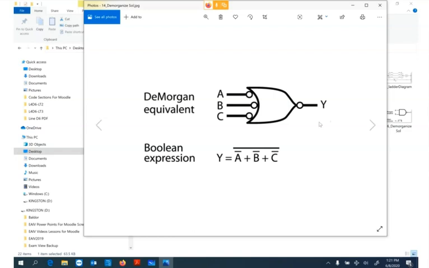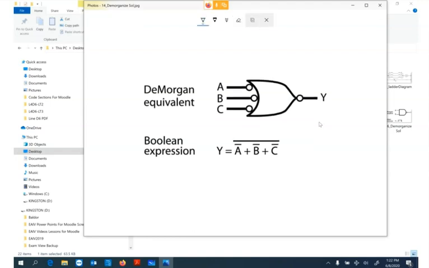Now the equation is very interesting. You'll see that the bar over the A is representing this dot, the bar over the B, and so on, right? The bar over the whole equation is represented by the bar indicated there, negated output. So not A or not B